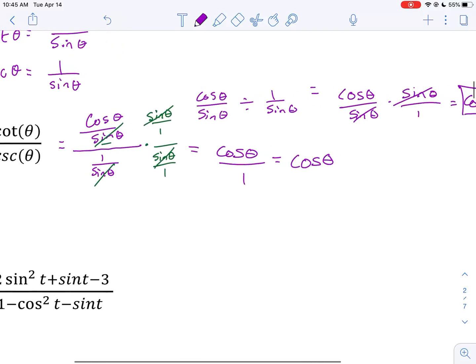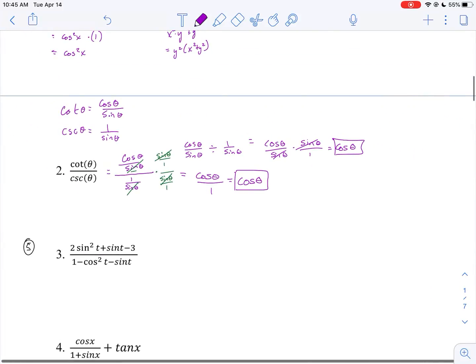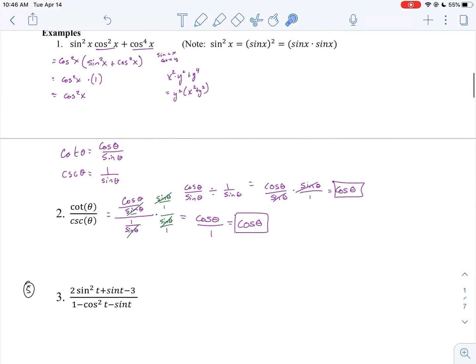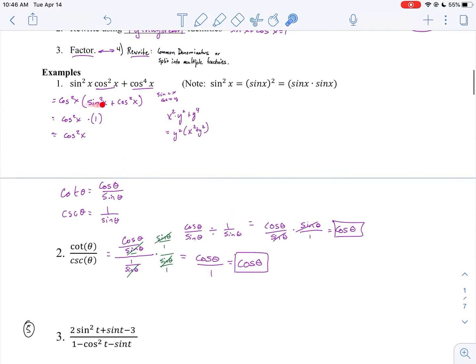And in the denominator, I just have a bunch of 1s. 1 divided by 1, which is 1. So that is equal to cosine theta. Either way, it works. I don't know which one you like better. Maybe comment in the video. Do you like this better? Multiplying by sine over sine? Or do you like to divide first and then multiply by the reciprocal? And that is 2 strategies